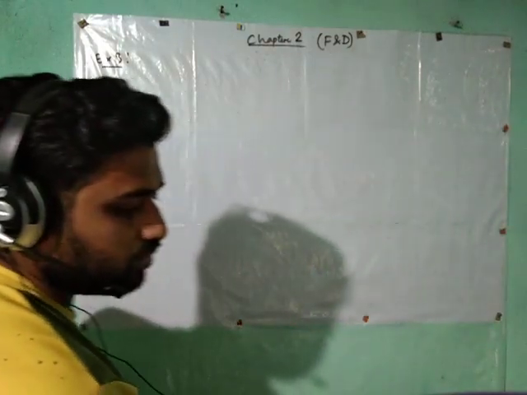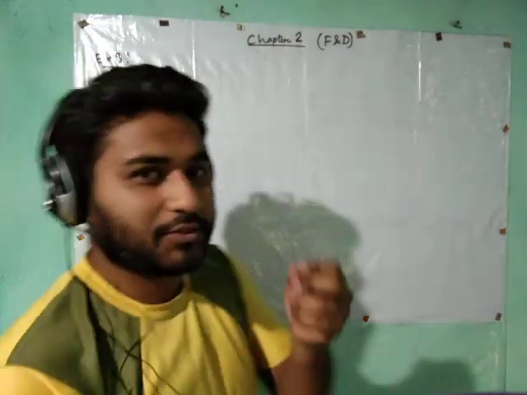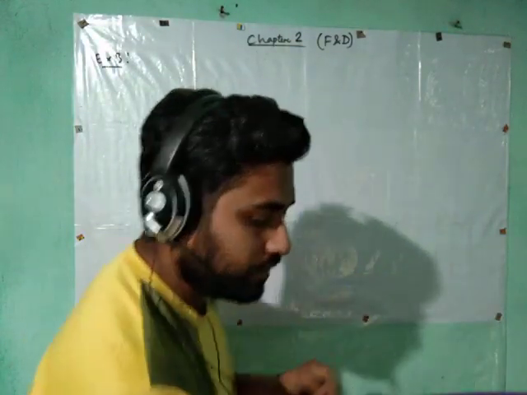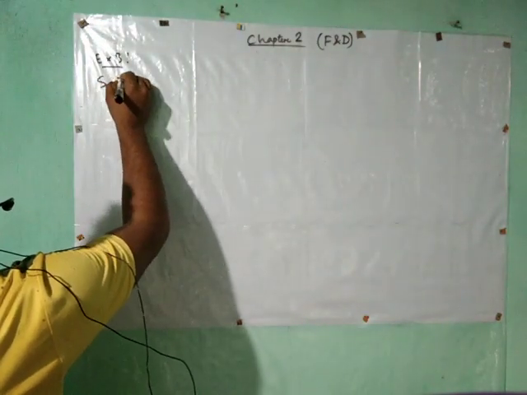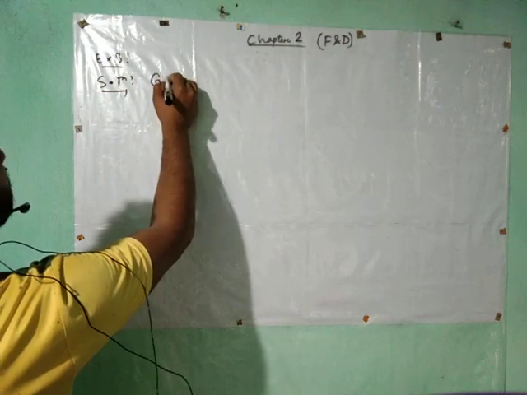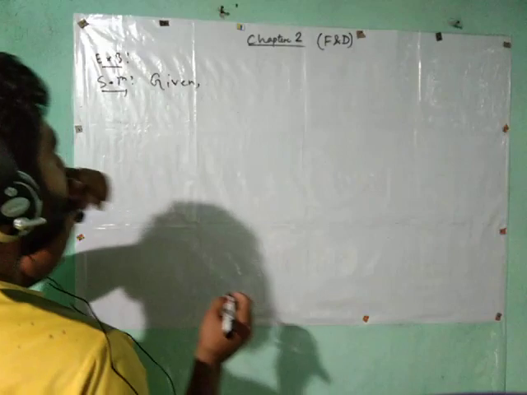Now what you have to do? Simple. You are asking about the total. How do we get it? If you add both of them, you will get the total. It is a very simple question, but see how to write the solution. Okay, solution, the process of writing. Given, what is it? Given.